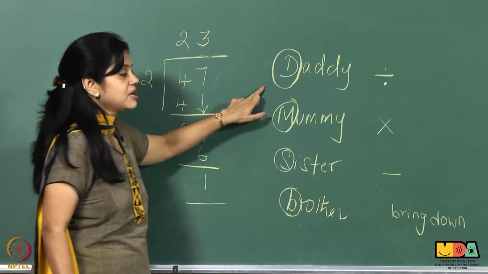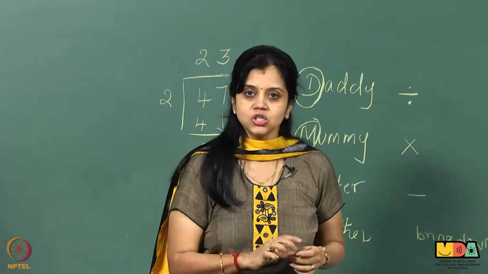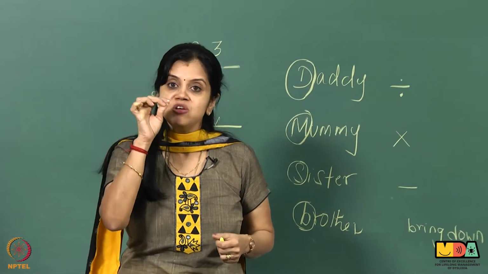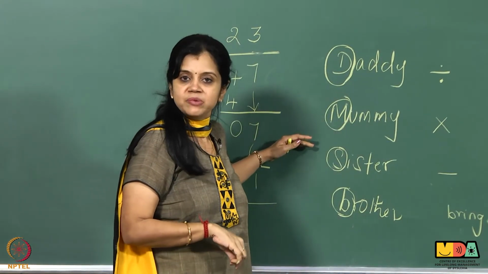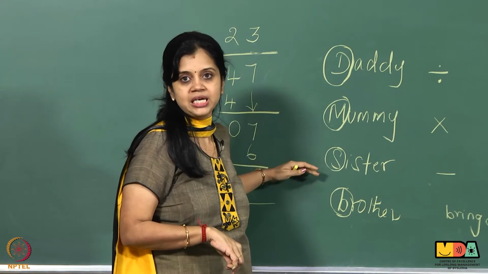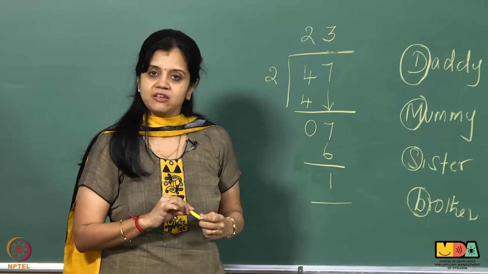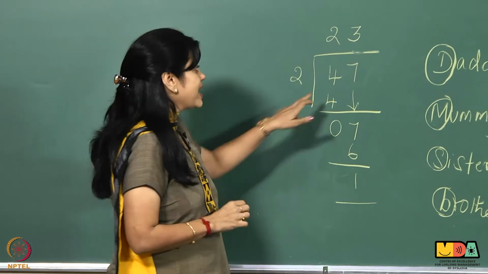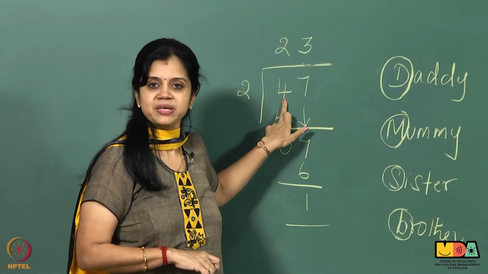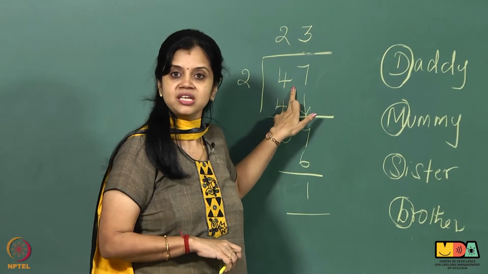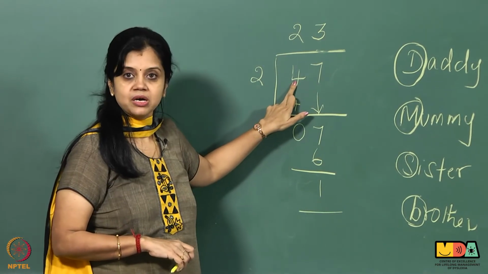So, most of our children need a structure to work out and they also need a mnemonic to remember the steps involved. So, children will be able to remember what has to be done first and what has to be done next. When they do this sum, there is another difficulty that they face and they ask us, do I have to take one digit or do I have to take two digits? How are we going to help them understand whether they need to take one digit or two digits? Ask them to take the first number 4.